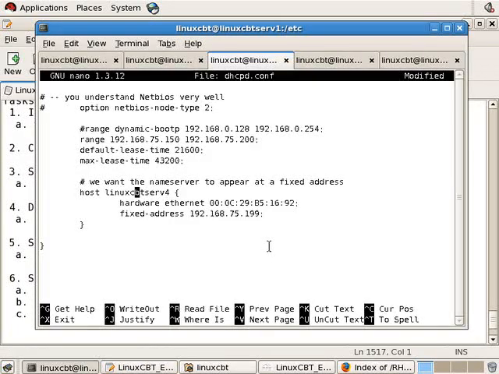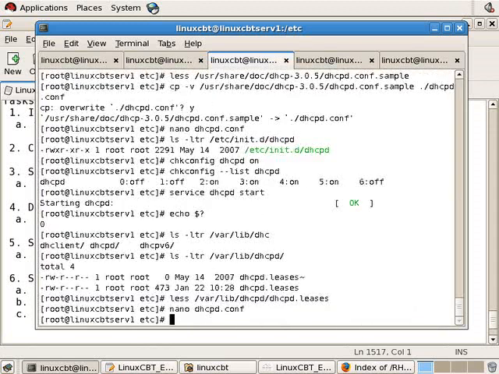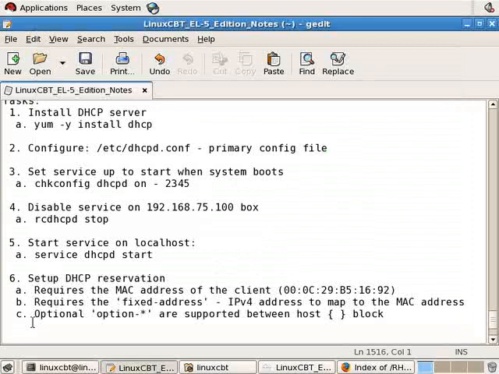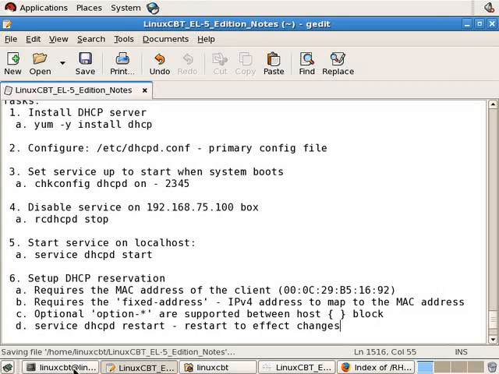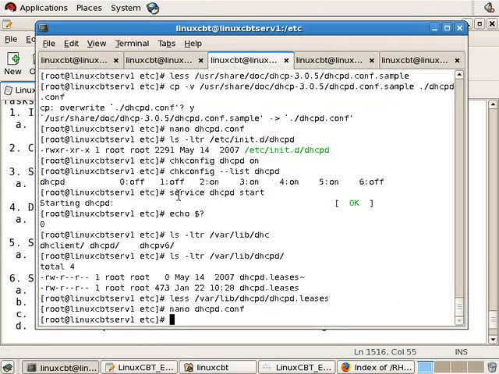But whenever you make changes to the primary config file, one, you need to save it. Two, you need to restart the DHCP server. So, service dhcpd restart to effect changes. And once we've done that, if all goes well, barring configuration errors, the DHCP server will